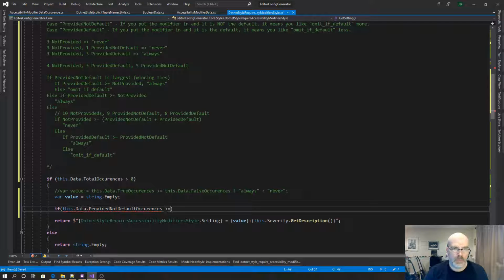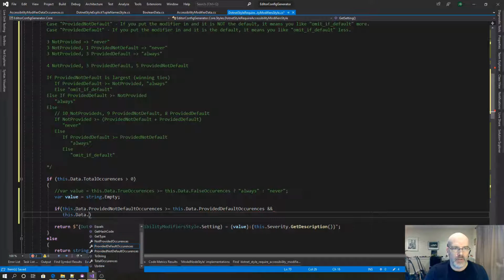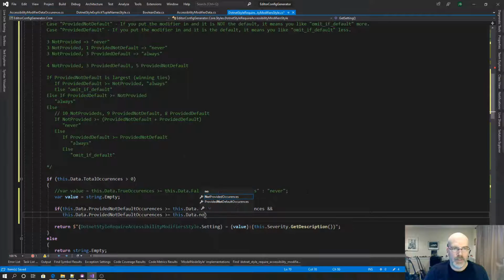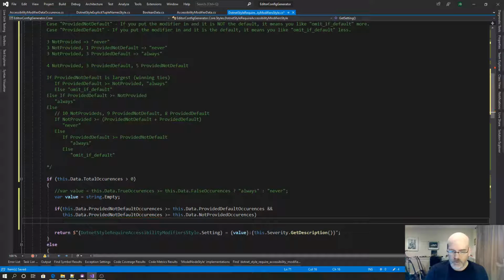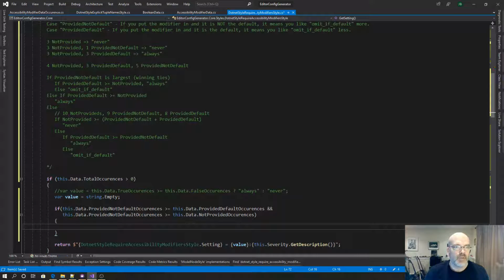Is greater than or equal to this dot data provided default and this dot data provided not default is greater than or equal to this dot data not provided. Okay, so that's the first case. If this dot data provided default is greater than or equal to this dot data not provided,